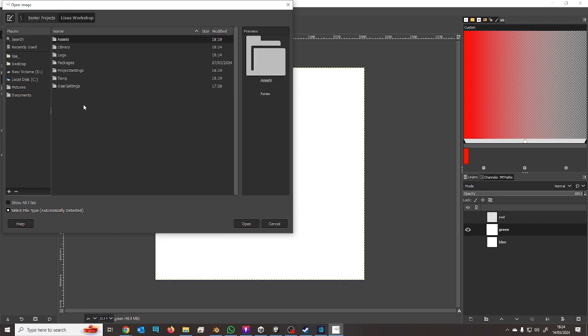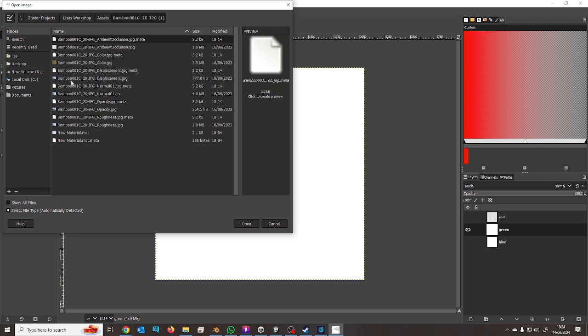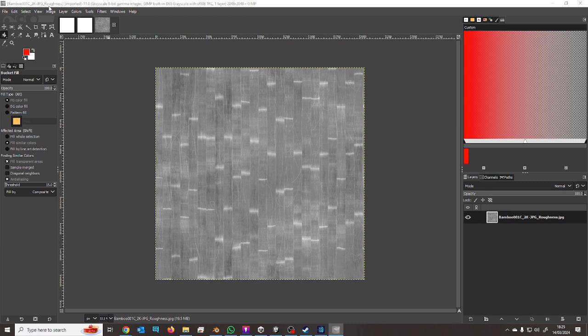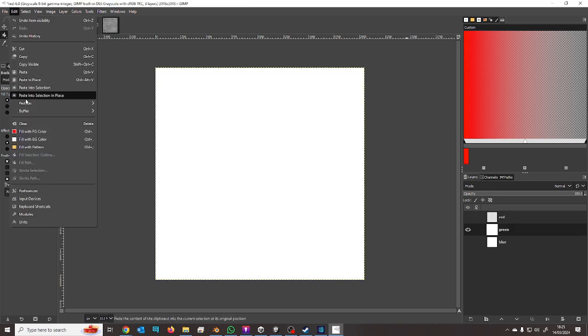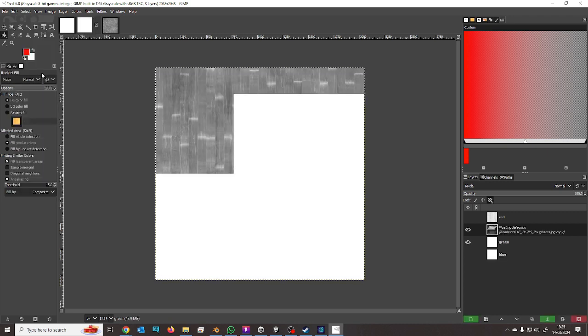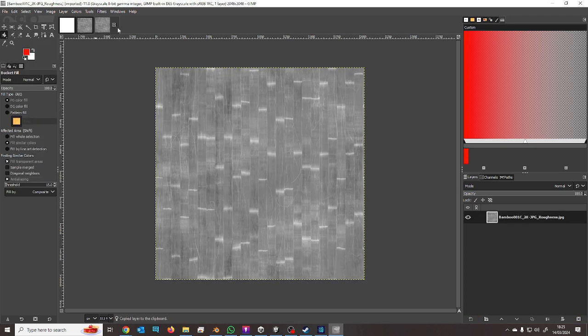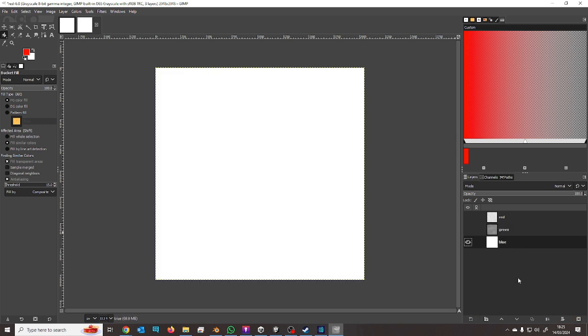So, this says workshop, assets, bamboo, roughness, and we'll copy that and we'll paste it in there, and then I can close roughness, and we'll anchor that, hide it, unhide blue,